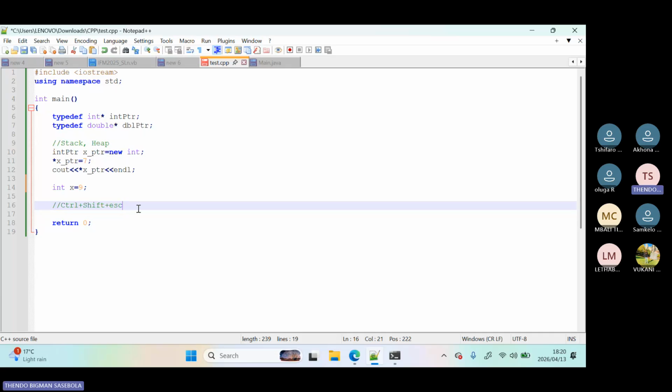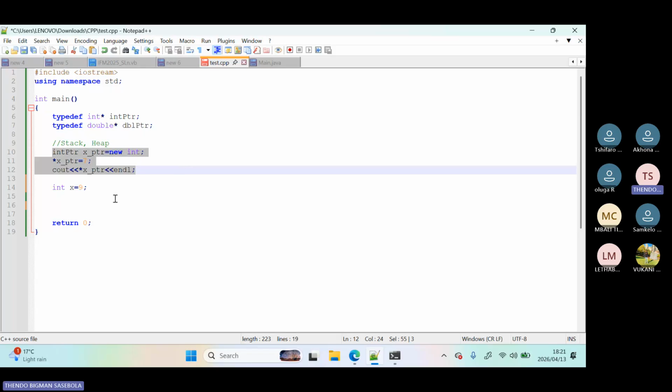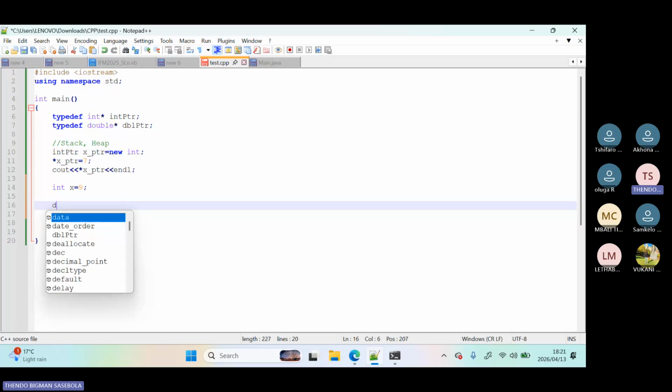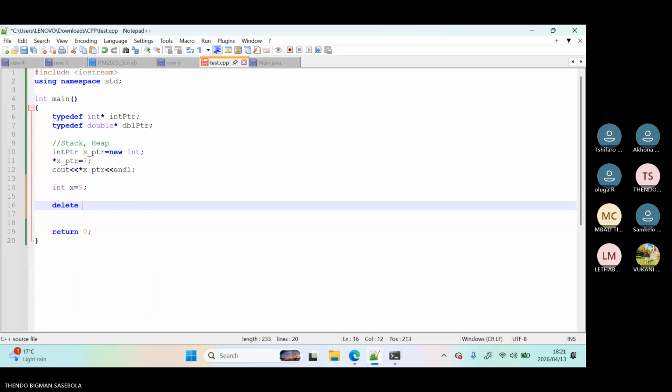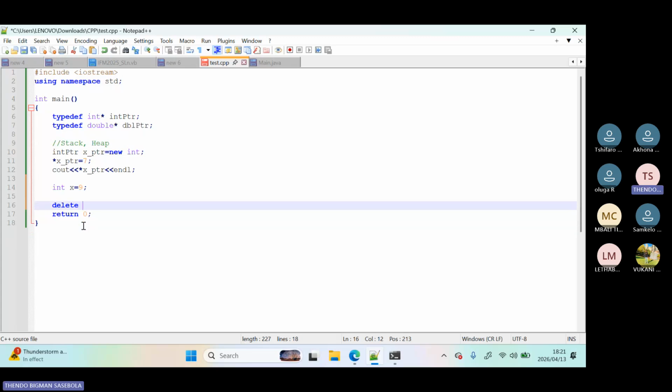Yeah, so let's see how we can declare, or rather delete, a variable from memory when we are done using it. To delete a pointer, we use the keyword delete followed by the name of the pointer. Let's say, for example, there is this pointer here. By the time we reach this line, we are already done using it, so we can just say delete and then X